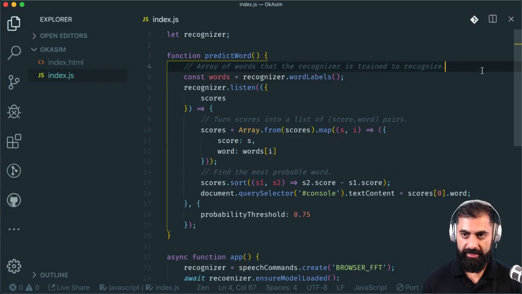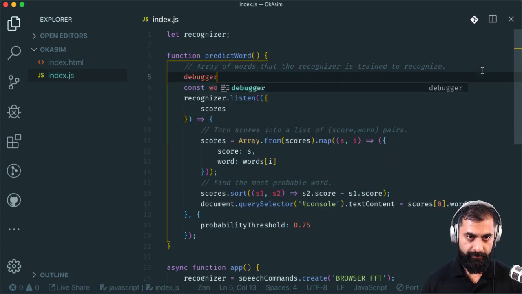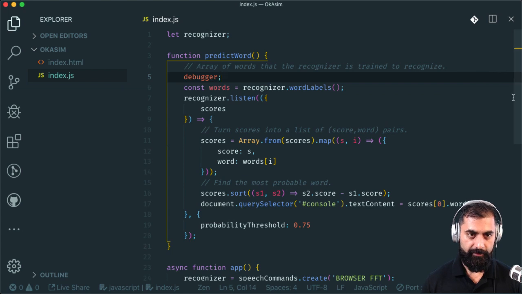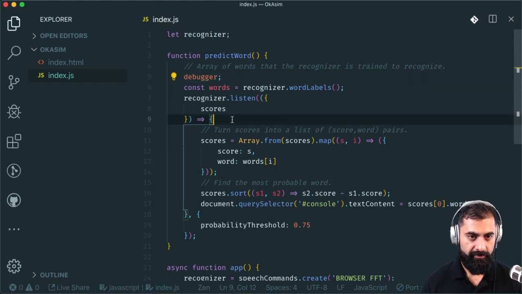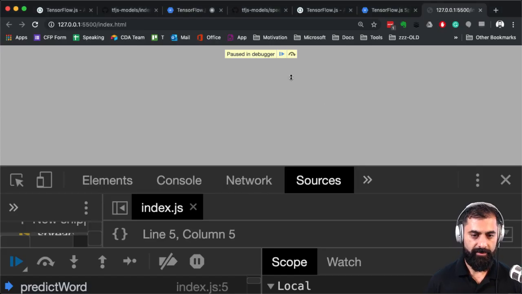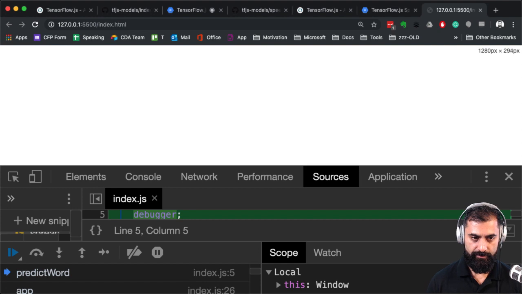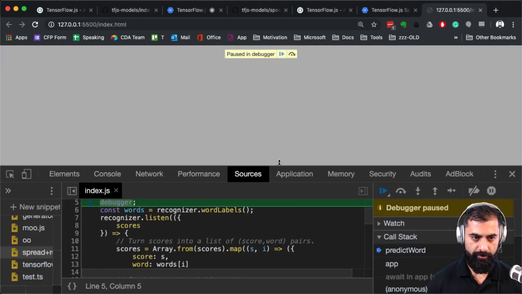So let's drop a debugger into this. Okay, and then let's give it another go and see what it says. In fact, I'm going to drop a debugger there, and just to save a lot of effort, I think there's another one. Okay, let's see what that does. Let's zoom out a bit more.